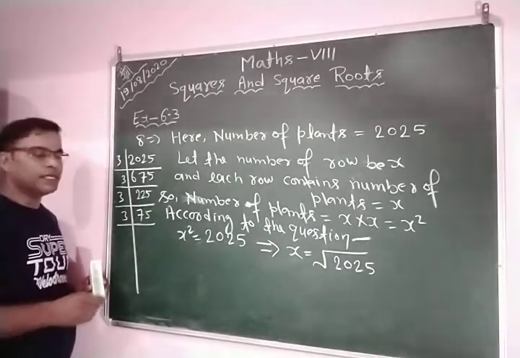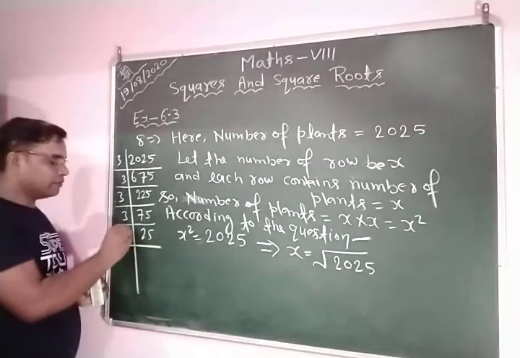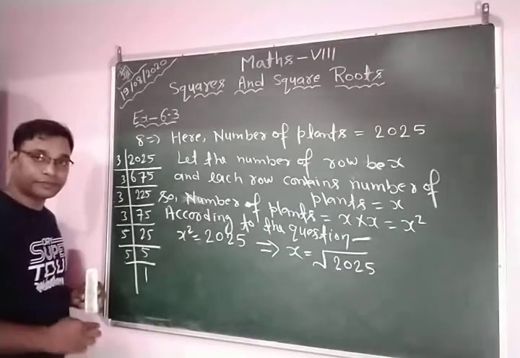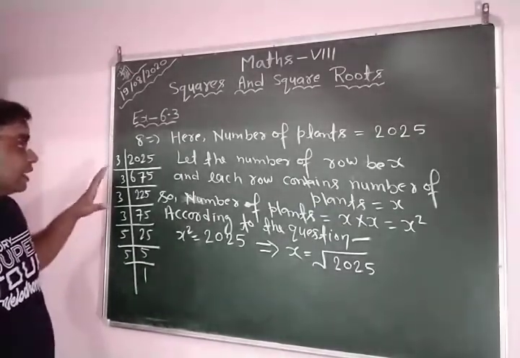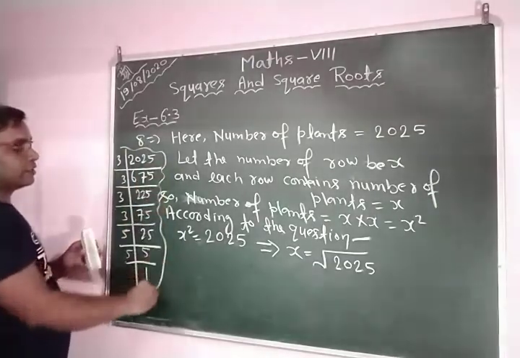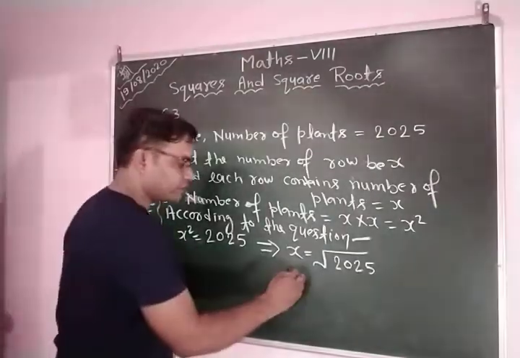Is 75 divisible by 3? Then we obtain 25. Is 25 divisible by 5? Yes, 5, again 5. So you can see, this is a way to find the prime factorization of any number. Okay, so we can write,